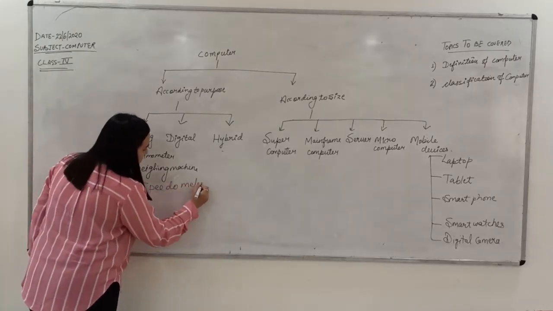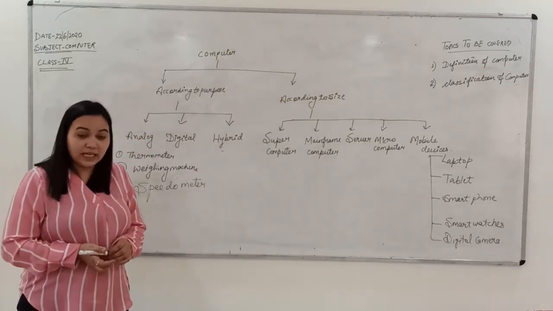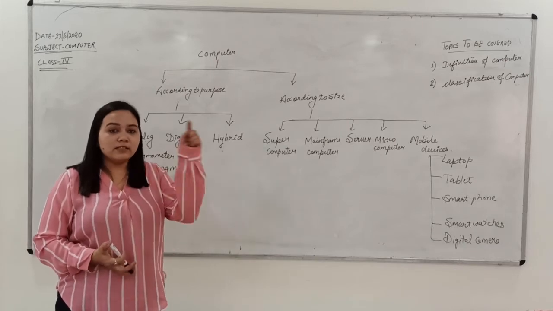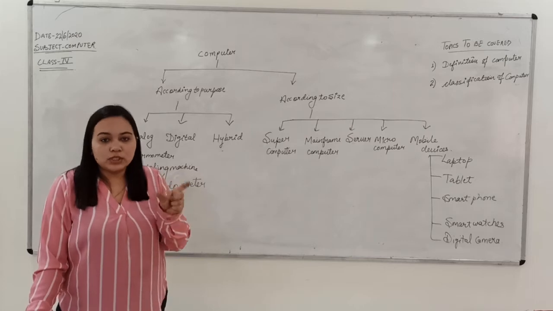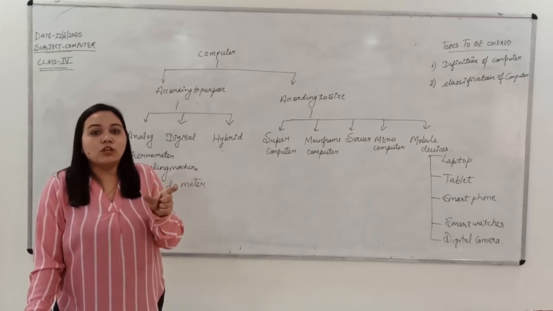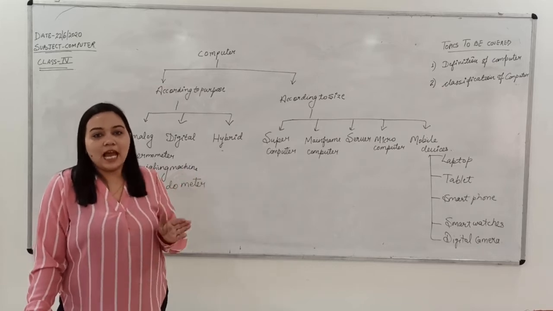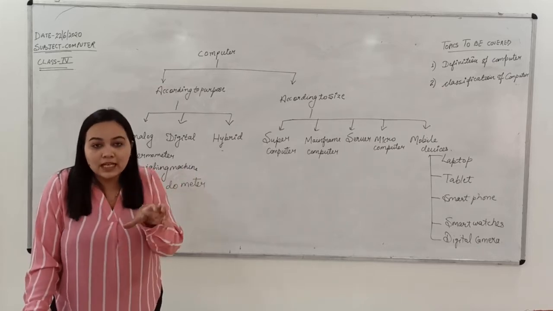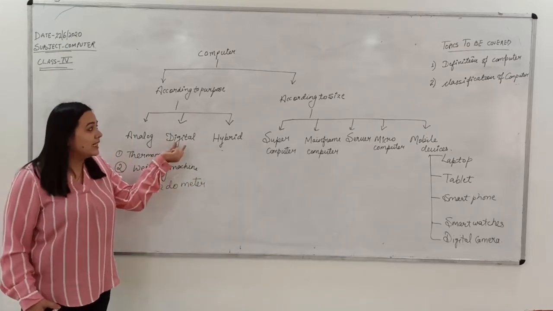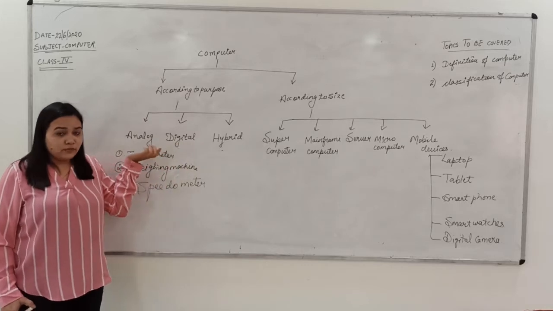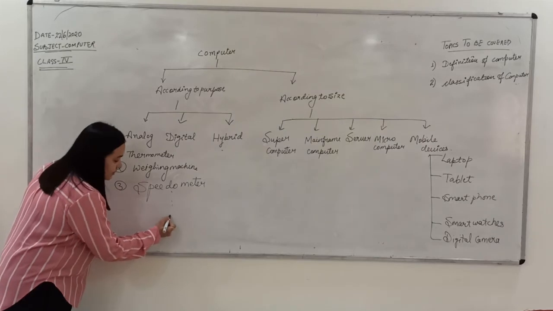You might have seen speedometers when you are riding with your parents on a bike, motorbike or a scooty. There is a speedometer that indicates what the speed of your motorcycle is right now, or how many kilometers it has travelled. So all these things are represented in the analog manner. You have to see and analyze. Fine. Now we are moving on to the digital computers. The first one was the analog, and these are the examples, and there can be many more examples.